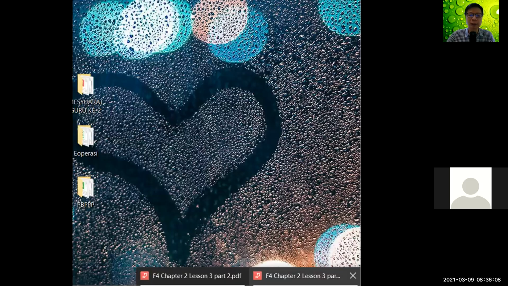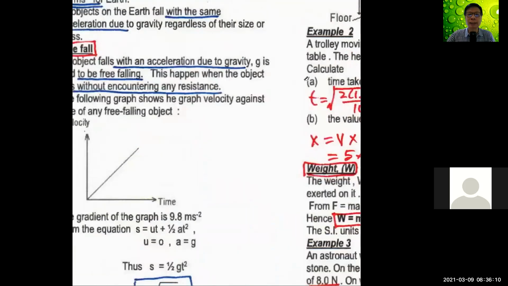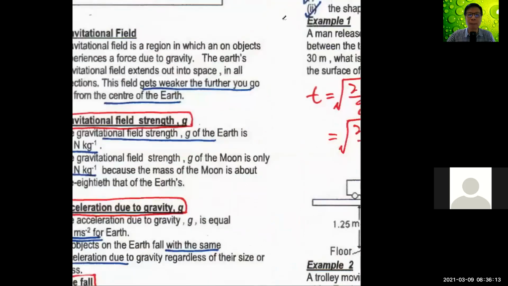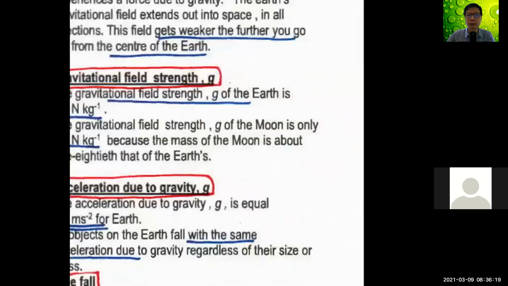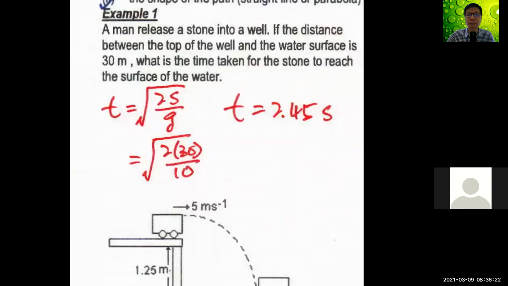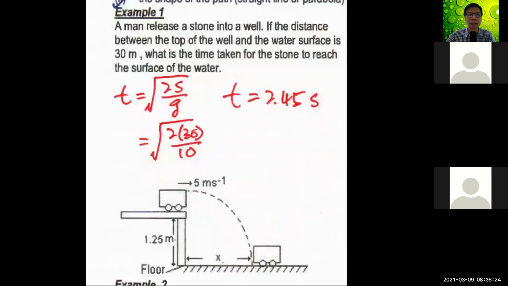First things, I don't want to waste any more time, so I want to continue our lesson. I start sharing the paper with you now. I hope you have the paper in front of you. We are on free fall motion. We stopped at this example in our last lesson. Here, Marcus, correct? This is one, right? Okay. So now,